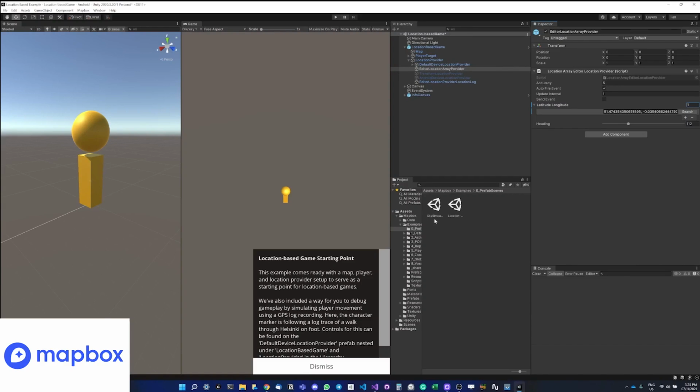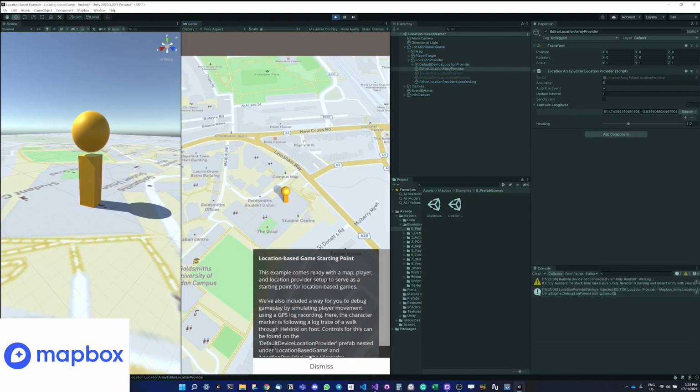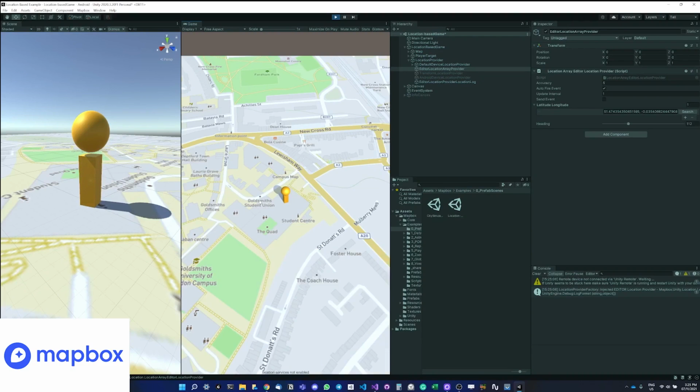I'm not going to move around. So if I play, now it should show me the Goldsmiths university location. As you can see, yeah, Goldsmiths, this is the university main building, this is a green area, so the location is showing up correctly. And this is useful because when we are building the app and testing things,